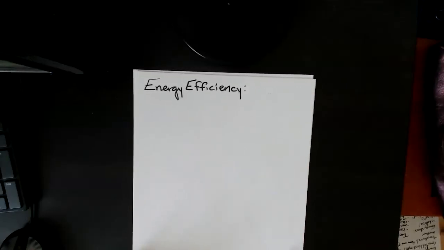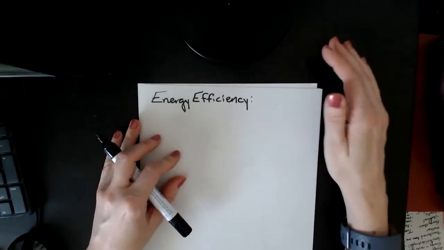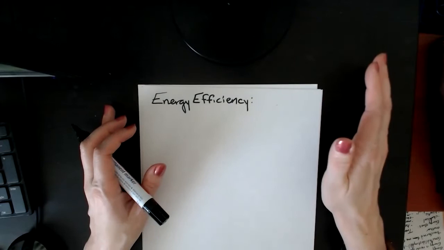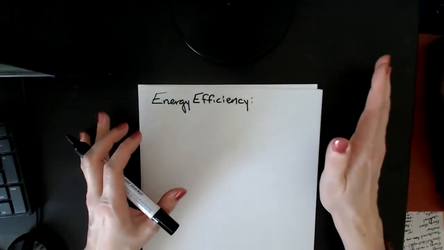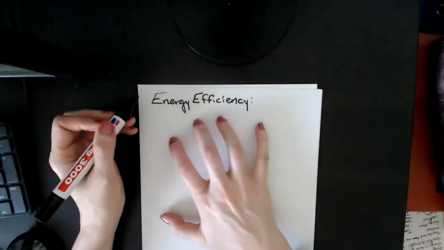So remember that I said that energy is never gained or lost. That's the principle of conservation of energy, but it's simply transferred between stores. Now, when it's transferred between stores, though, we do waste some energy. We don't lose it, but it gets wasted, all right? And so the idea is that when we talk about energy efficiency, we're saying how much of the energy, when